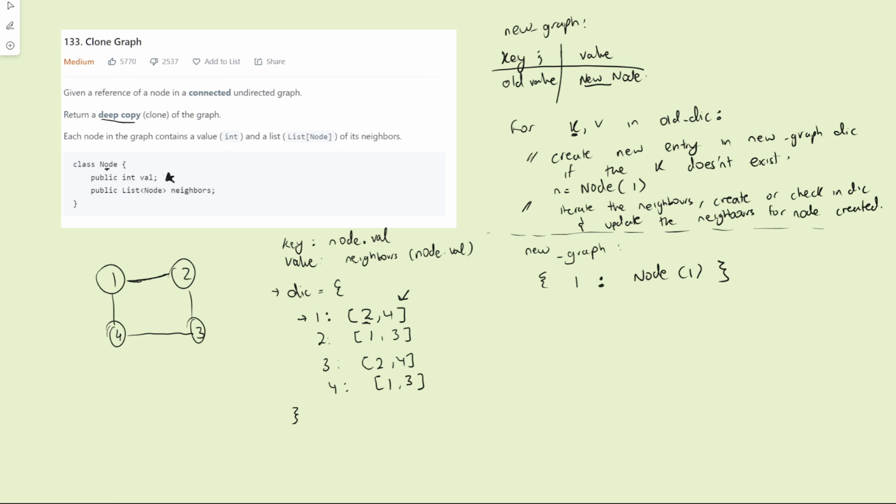So for example, in this example, when we go through 2 and 4, we don't have 2 and 4 in the new graph. So what we're going to do is we're going to create 2. We're going to add a pointer to the new node here. And we're also going to create 4. We're going to add a pointer to the newly created node here. And once that's done, we're going to append those nodes as neighbors to this node